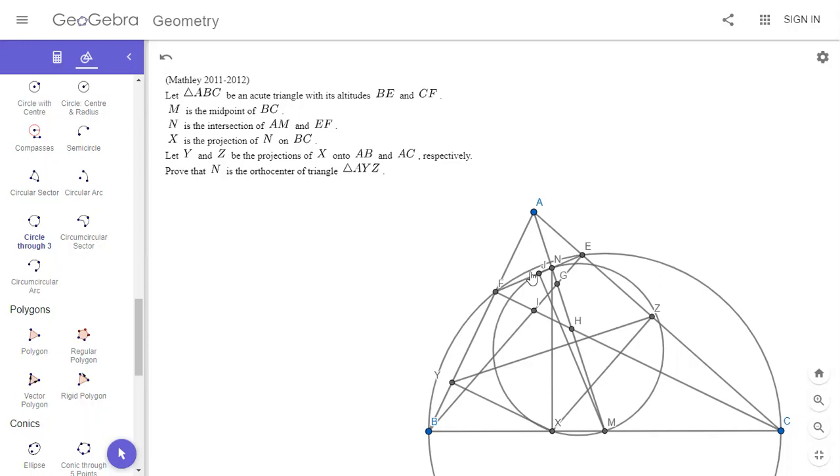So AJM is similar to, I mean ANX, because J is a midpoint, so AJM should be similar to ANX. Well,